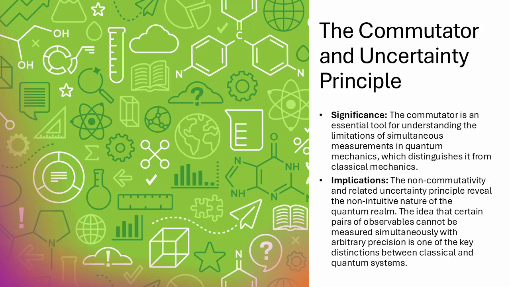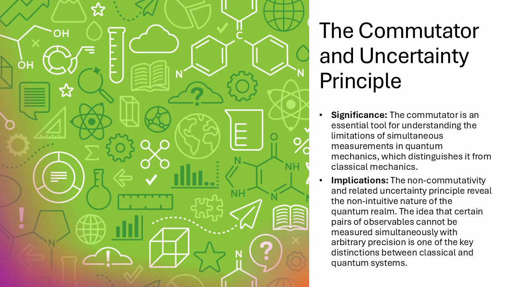Today, we're going to be looking at the quantum world, specifically something called the commutator. Now, I know that might sound a little intimidating, like something out of Star Wars, but it's really key to understanding one of the most mind-bending principles in physics, the Heisenberg uncertainty principle. Absolutely. It's all about how actions or measurements interact with each other in the quantum world.